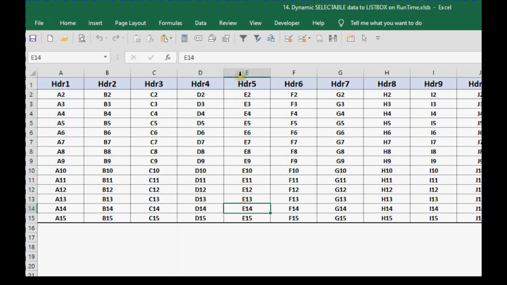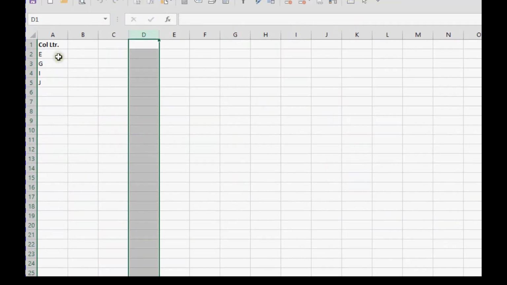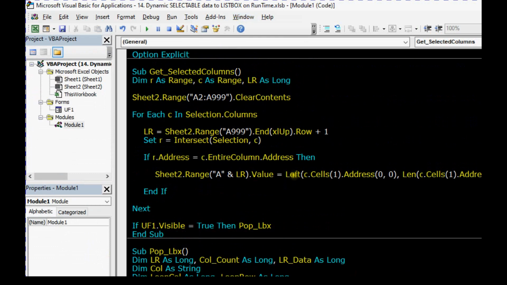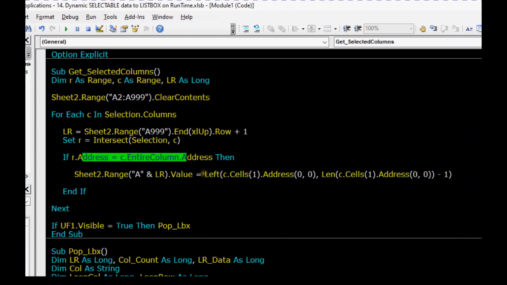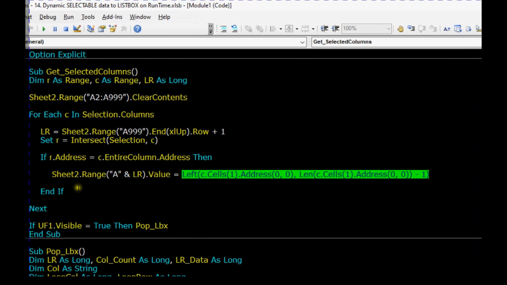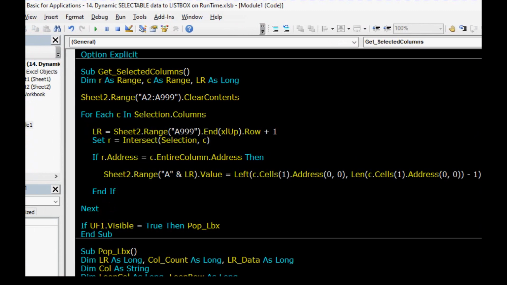So if I select E, G, I and J, I should get E, G, I and J, and this is what I am getting. So this is what this function is doing. Wherever the condition is met, it is extracting the letter from the address. So that's the only thing. That's a little loop we are running on the selection of the column.